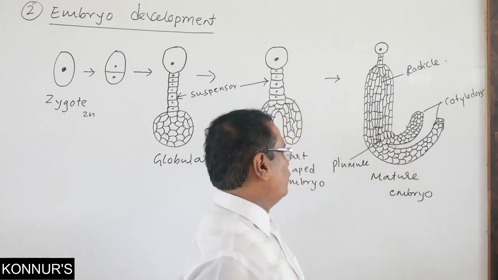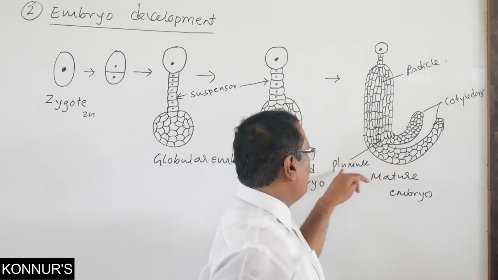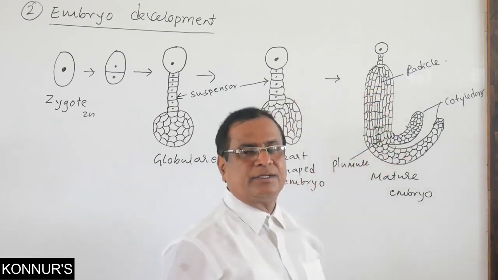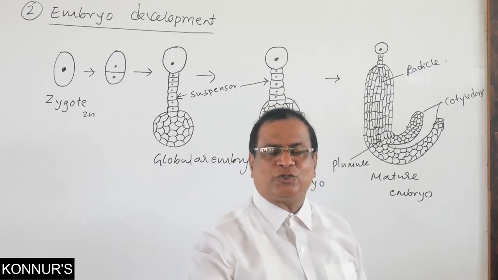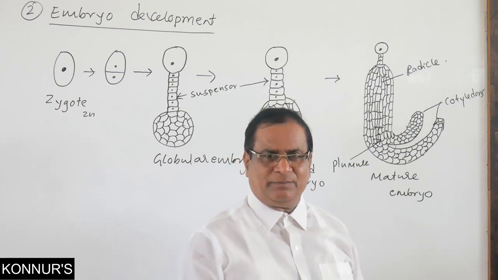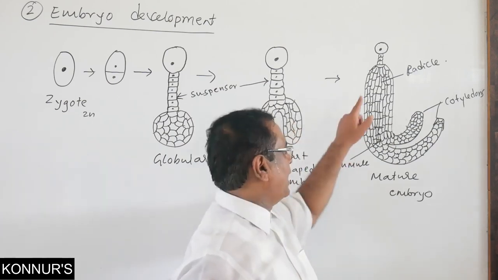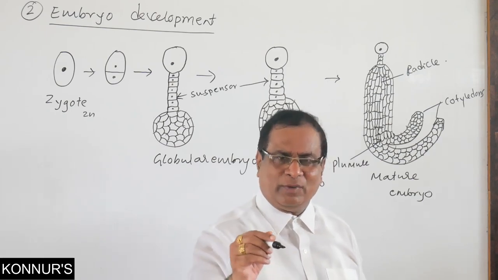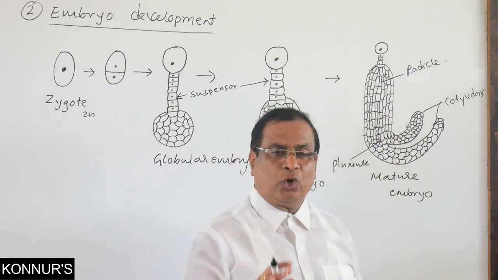And here we can notice a plumule part in the embryonic axis. This plumule part gives rise to a shoot system. A shoot system is formed from this plumule part of the embryo, and from the radicle part the root system is developed. And this is the matured embryo, but we have got to discuss